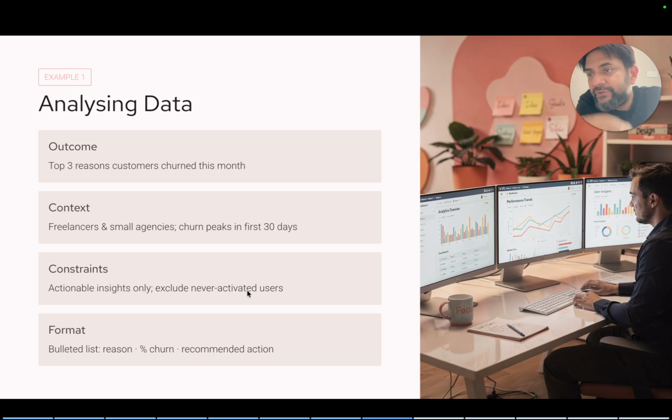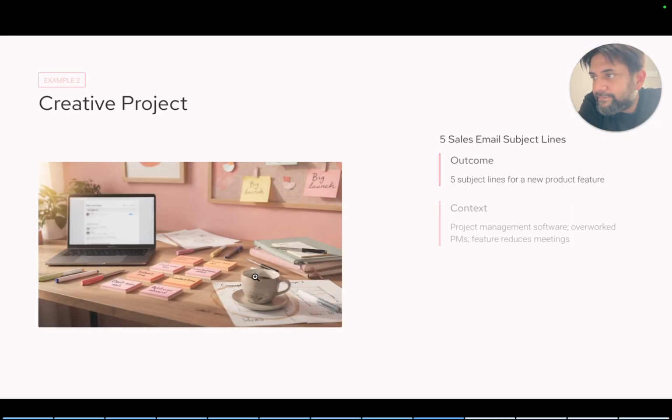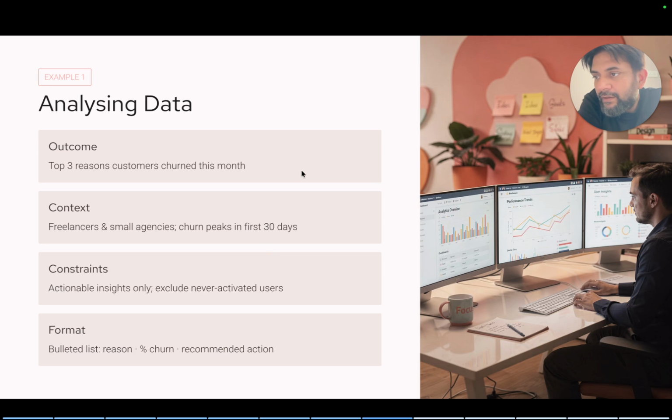Let me walk you through 3 real prompts, built piece by piece. Example 1. Outcome. Analyze this month's customer churn data and identify the top 3 reasons people cancelled. Context.